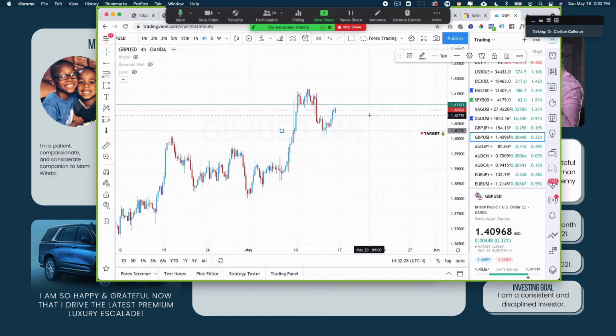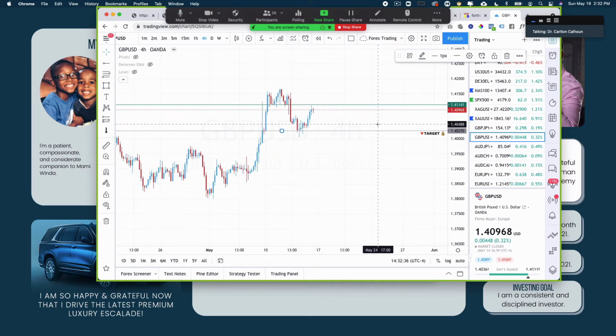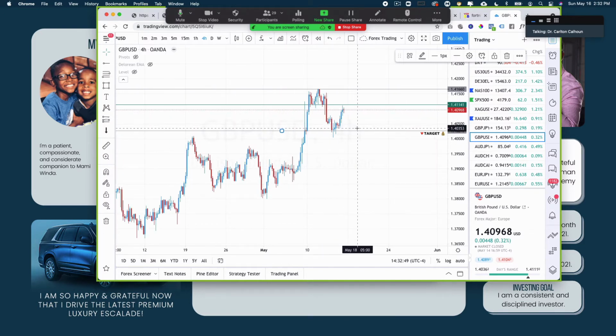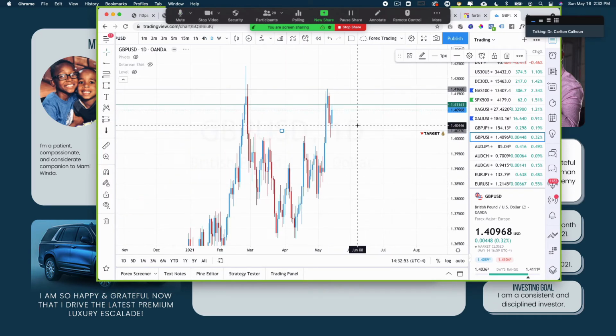See, this is one of those things where my analysis is totally different from the previous one. Because on the other ones, I'm giving you breakout. Here, I'm giving you rejection. But it's the same thing. So if it breaks here, then yes, I'll take it to this next zone. But if it rejects, I would be looking for it to come here and back down into these areas. So this one is kind of